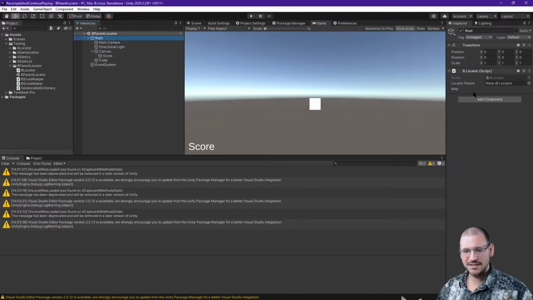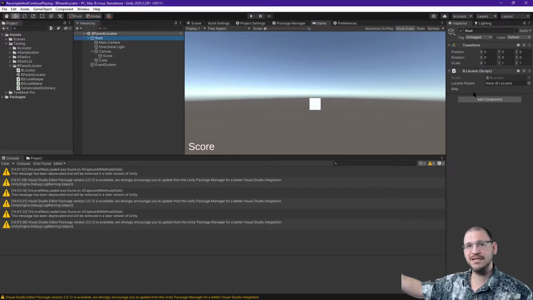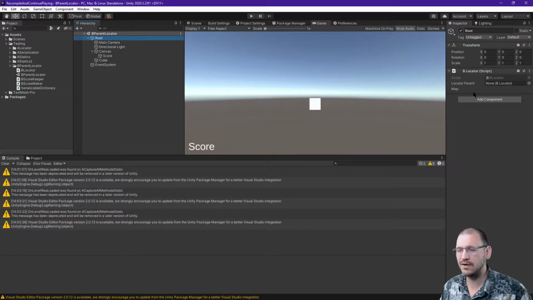Now, there are some areas I'm going to dive into later on this, and that is the idea of actually getting rid of a lot of the locator service here, and effectively changing it out with something that says, what are all the fields that are missing, and having a system of rules just to go through your scene and automatically wire everything up. Guarantee that everything is wired up properly so that when the scene starts, everything is already cross-connected in ways that support Unity. And I do that on one of my client projects right now, but I can't share all the details into that, so it'll have to be a separate test project later, or a separate test element of this project later. Okay,